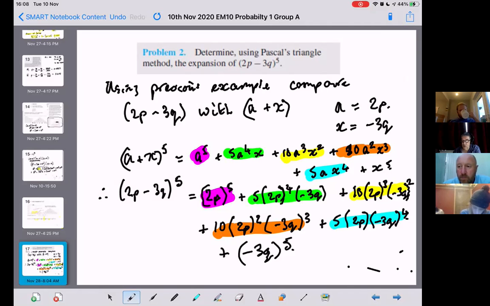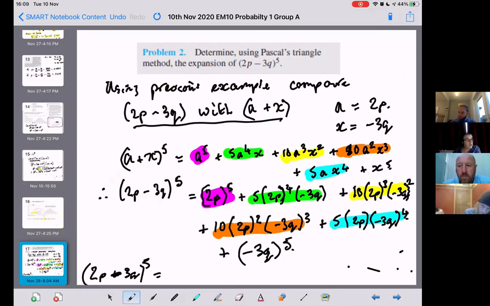Okay, so you follow where I got that from. I've taken the basic expansion here, a plus x to the 5 expansion. But where I've seen a, I've written 2p. And where I've seen x, I've written minus 3q, because that's the comparison there. Yeah. What we can then do is say that 2p plus minus 3q to the power of 5 is equal